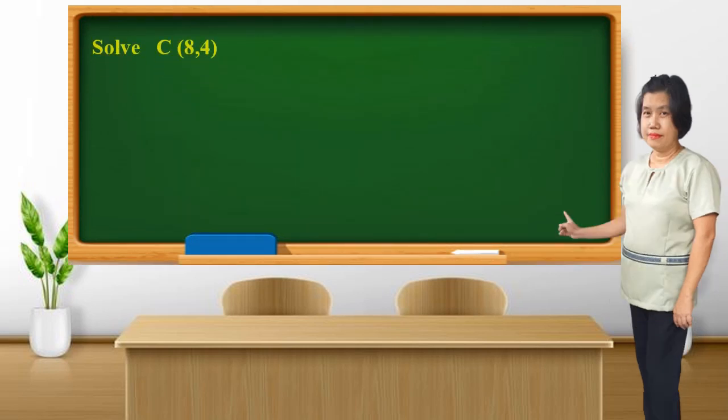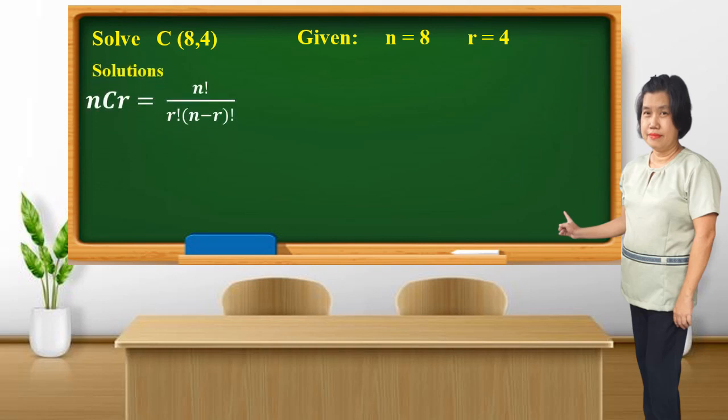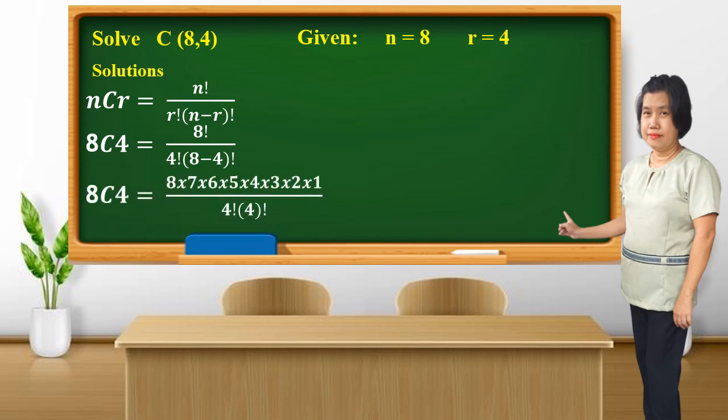Let's have example 1. Solve the combination of 8 objects taken 4 at a time. For the given, n is equal to 8, r is equal to 4. Let's substitute it in the formula. nCr is equal to n factorial over r factorial times the quantity n minus r factorial. It is equal to 8 factorial over 4 factorial times the quantity 8 minus 4 factorial. And 8 factorial is equal to 8 times 7 times 6 times 5 times 4 times 3 times 2 times 1, which is equal to